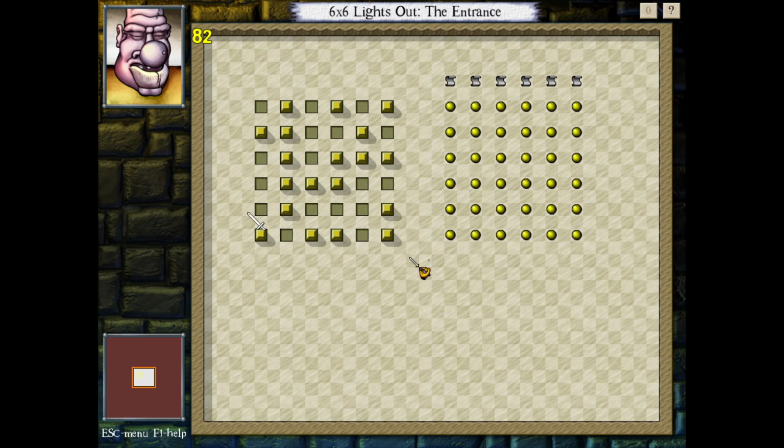But for something more unusual like 6x6, or really any n by m rectangular shape, there is a method that will solve it for you. So I'm going to demonstrate that here. There's two parts. The first part is called light chasing, and the second part is called looking up the answer, which was rather frustrating when I was playing through